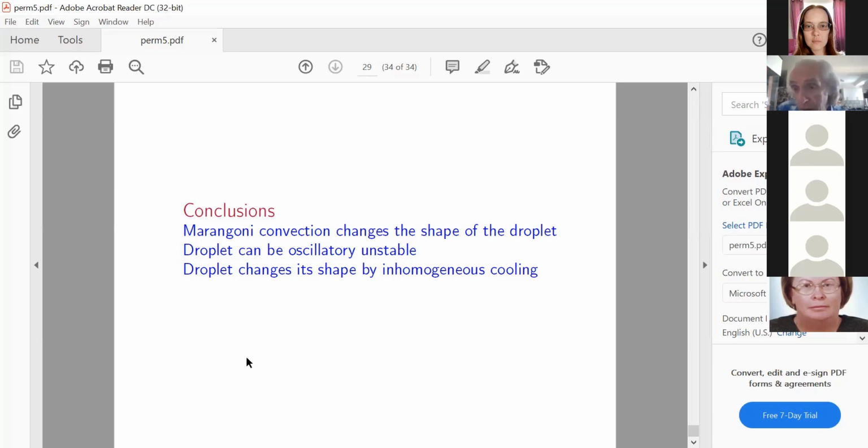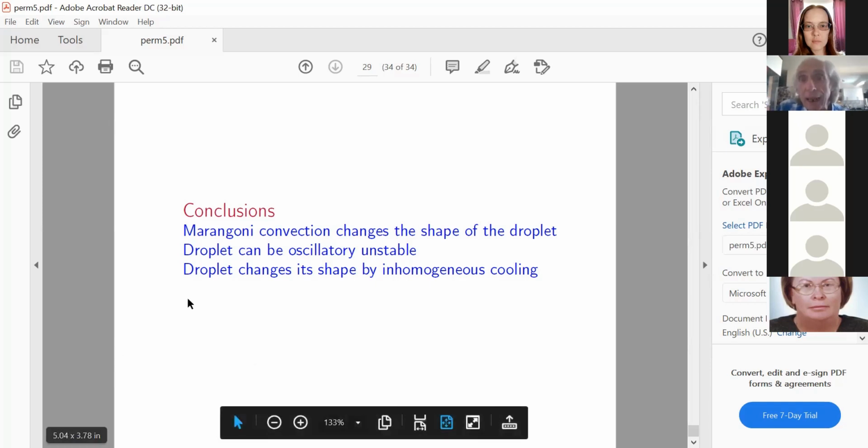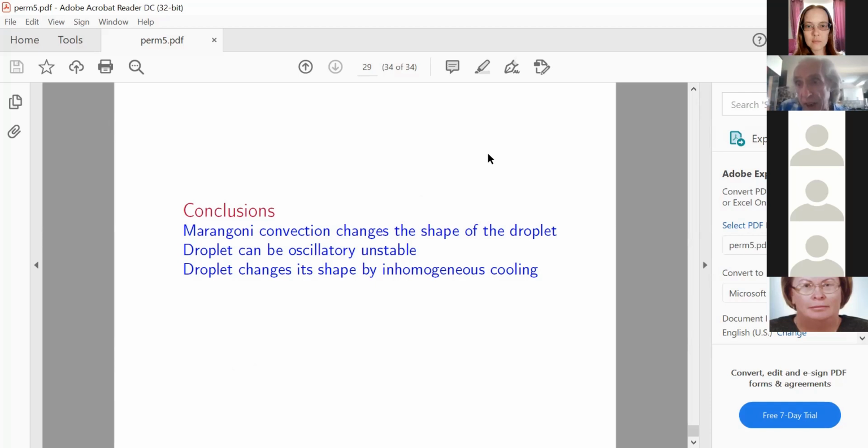Pearson instability, which is not related to the deformation of the boundary, is cellular cells which appear. The deformation instability takes place only for a very thin film, so this should be such a thin film that the